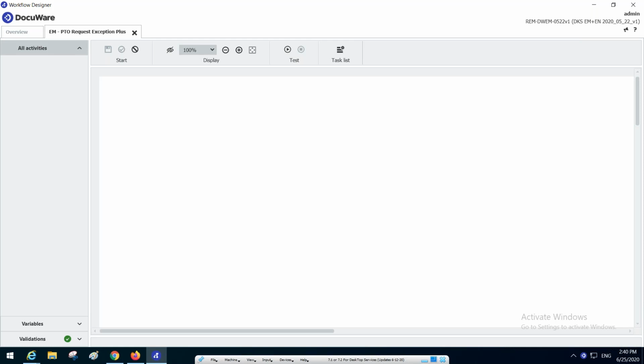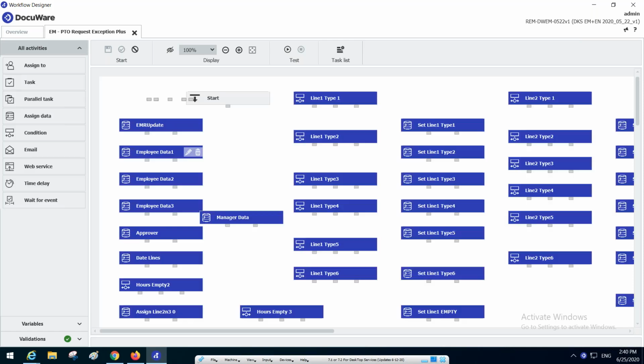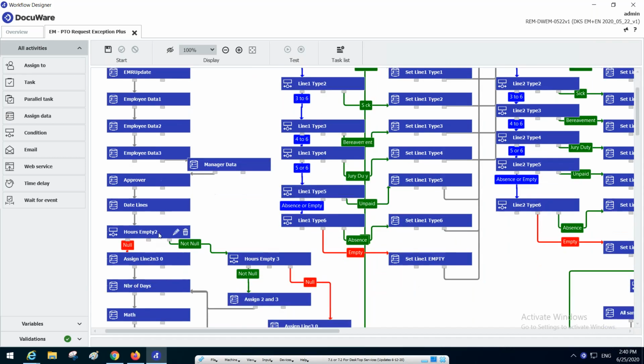Are they going to go into arrears on their request? And then ultimately we assign it to, we look up their manager's name. You'll see in the workflow process that after we get the employee data, we get the manager's data. We assign the approver based on who the manager is. And then ultimately a task will be assigned to them to approve the